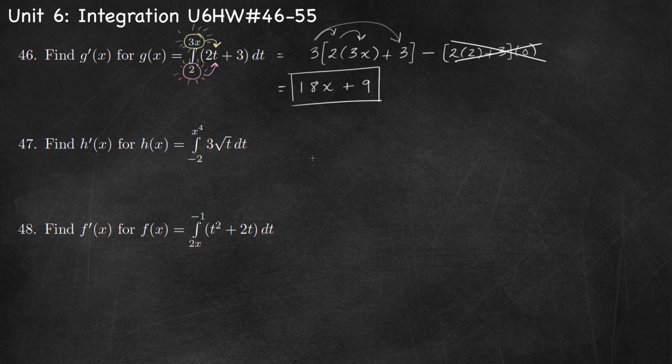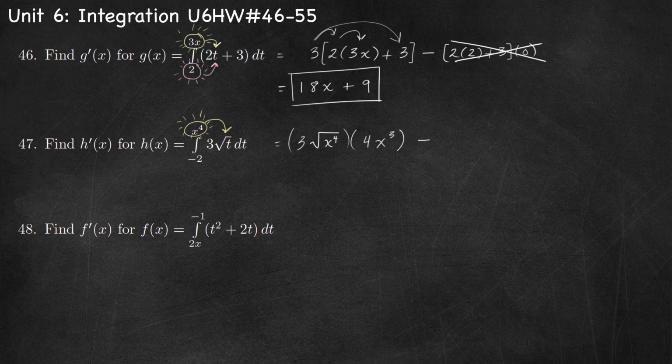Number 47, find h prime of x if h is the integral of 3 root t dt from negative 2 to x to the power 4. So we're going to use this shortcut. I'm going to take my upper limit of integration and substitute that in for the t. Then I'm going to multiply by the derivative of x to the 4th. So I get 3 times the square root of x to the power 4 times the derivative of x to the power 4, which is 4x cubed,